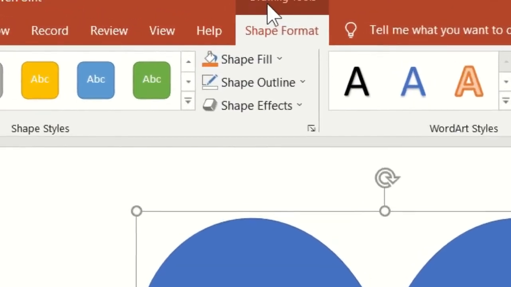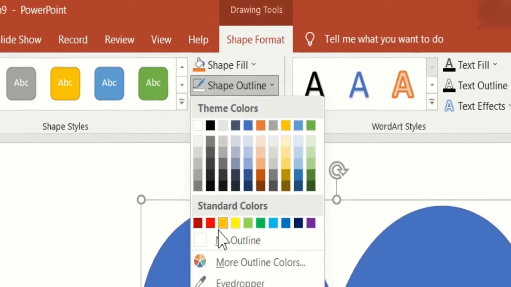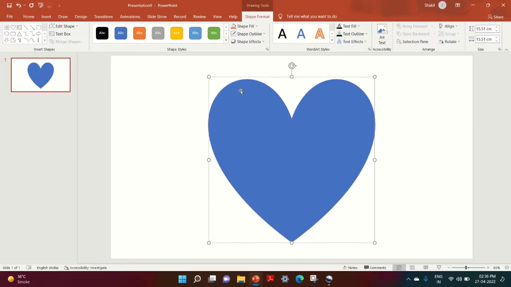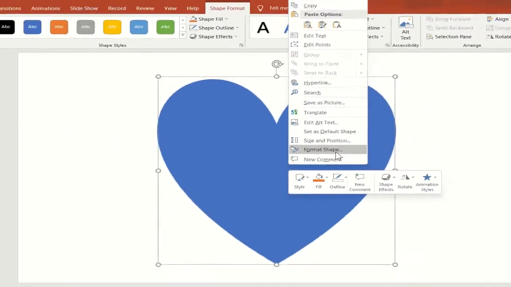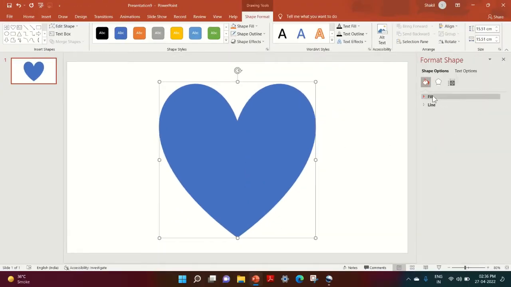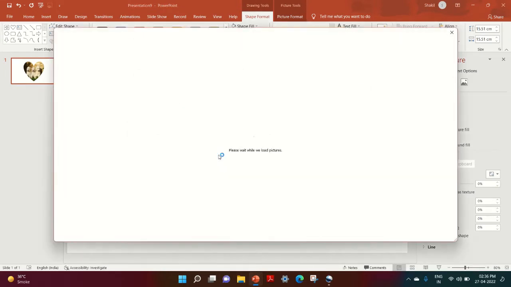After that, go to Drawing Tools Shape Format, and from the Shape Styles, go to Shape Outline and select No Outline. Now right click onto the shape, go to Format Shape. From Fill, go to Picture or Texture Fill, go to Insert, Online Pictures